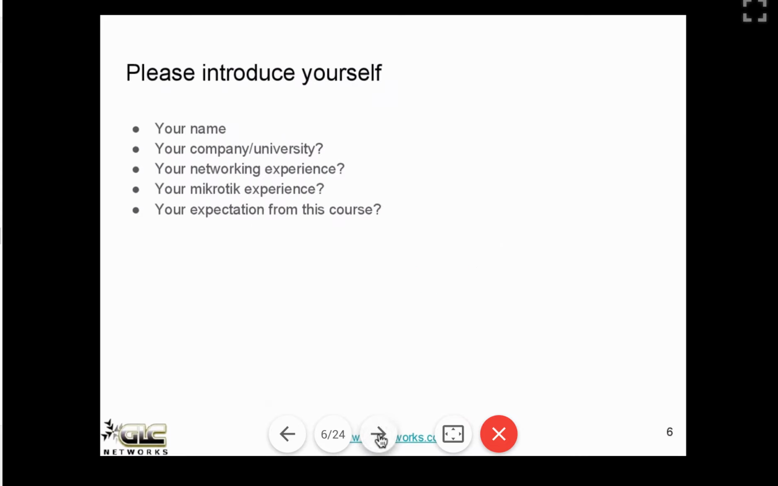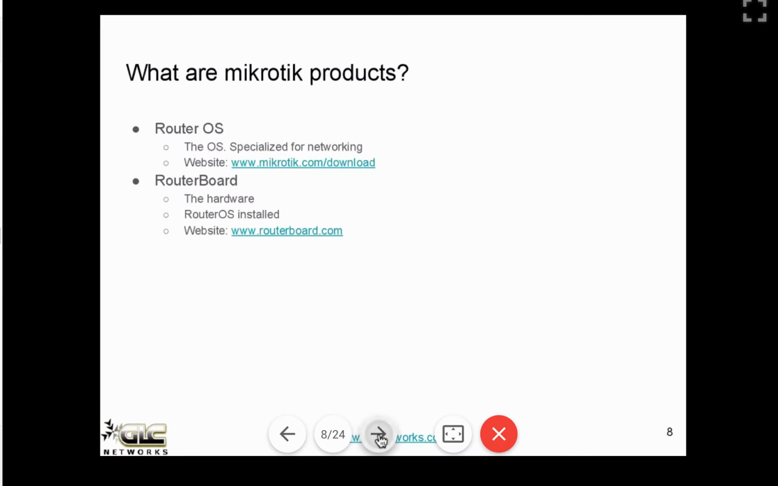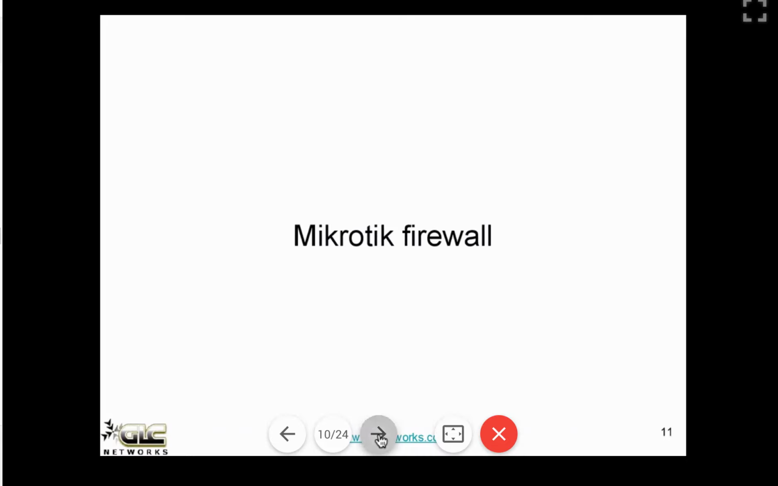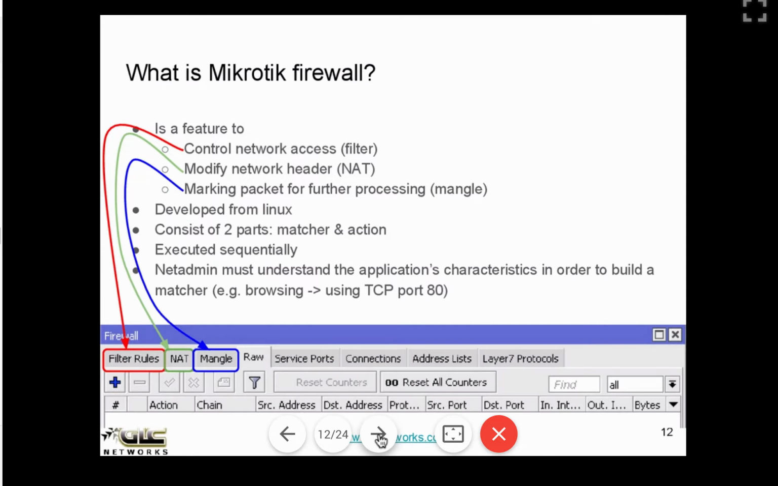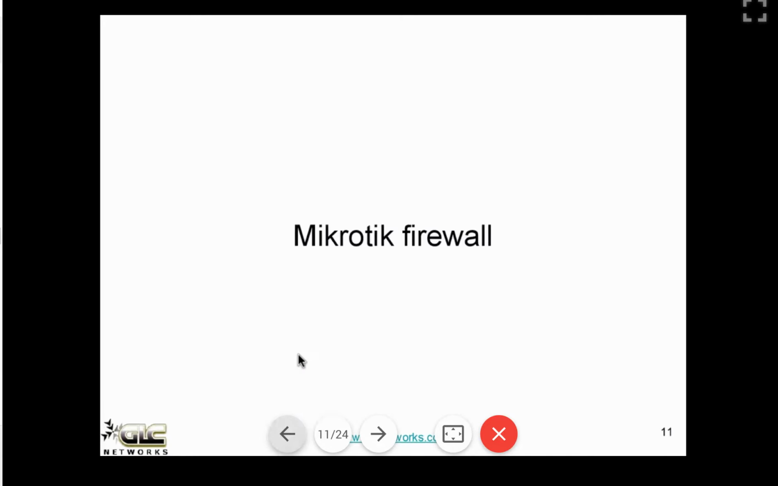Let's go to the topic of the webinar today. We'll be talking about the MikroTik layer 7 firewall. First we're going to talk about the MikroTik firewall in the beginning, and then talk about the layer